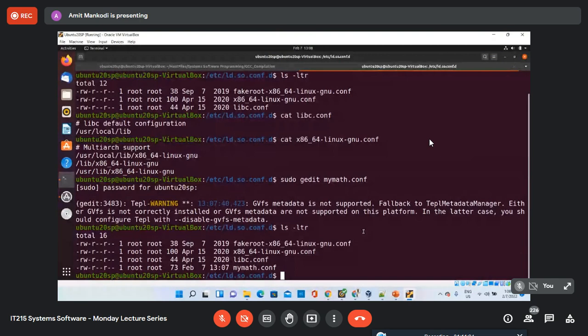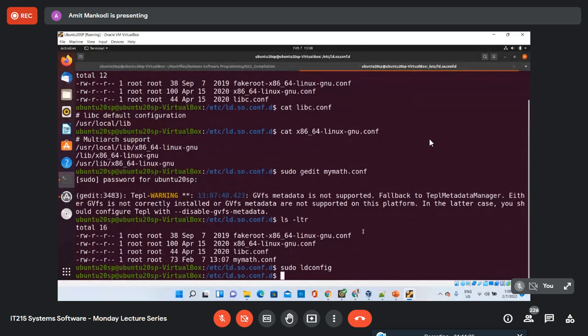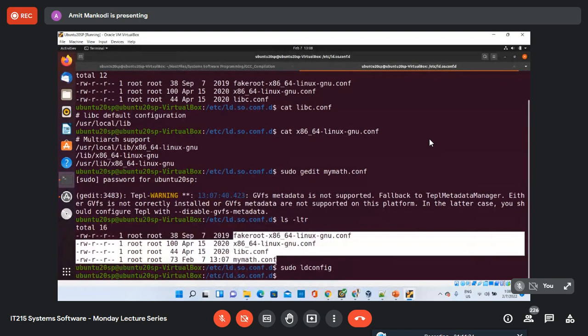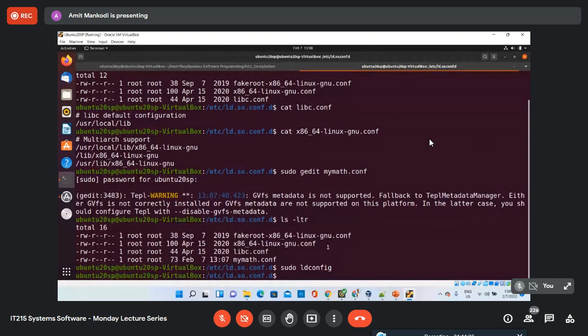Again, the ldconfig command requires super user access, so we will have to use sudo, and then ldconfig. Once you do that, all these 4 configuration files will be loaded into the memory again, including the one that we created.